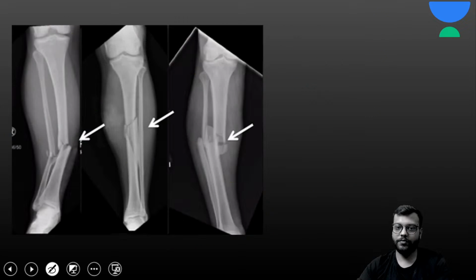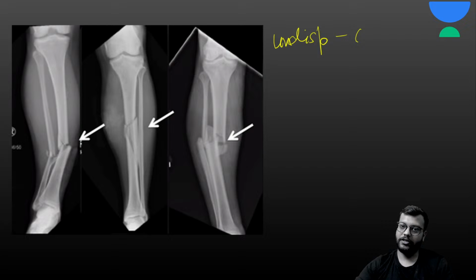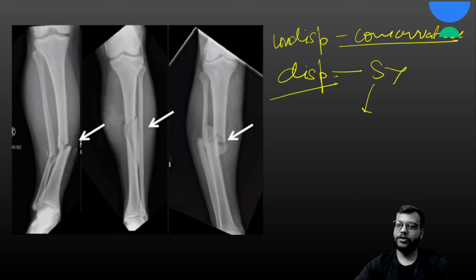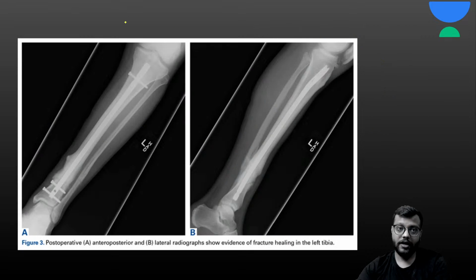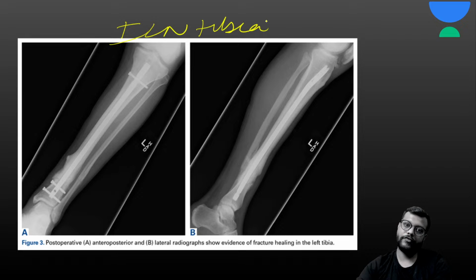And the treatment of choice depends on the type of the fracture. If it is undisplaced, it can be managed conservatively with a slab, then cast. If it is displaced, then you have to go for the surgery. And the treatment of choice is, like in the femur, ILN, interlocking nail of tibia. In the image you can see fracture of the tibia. This is a comminuted fracture. Okay, the name itself tells, actually the image tells. In the X-ray this is your comminuted fracture and this is your interlocking nail of tibia.